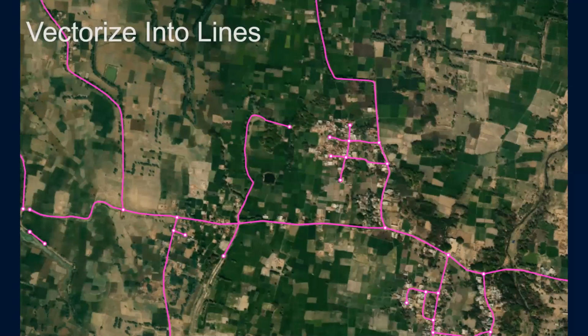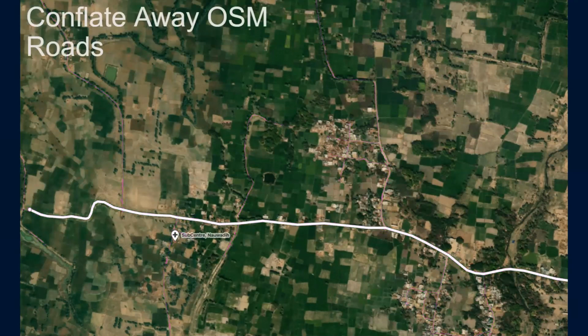So the next step is to turn it into line data, which you're seeing here. And that involves actually very complicated post-processing. Turning this into lines that are usable and high quality is a major part of our work. But now if we take a look at OpenStreetMap in this area, we will see, next slide please, that there is a road already. And we don't need to be predicting things that are already on OpenStreetMap. Our goal is just to add missing data. So the last step of our process is to conflate away anything that's already on the map. And what you get in Rapid then is this combination. So next slide, please.